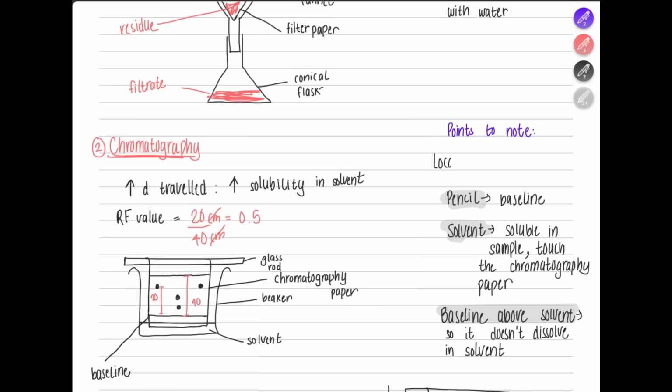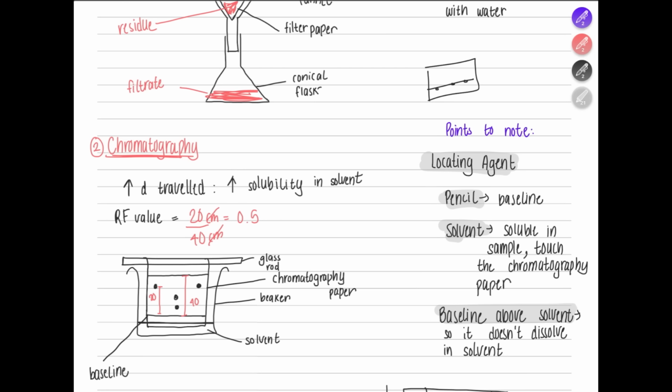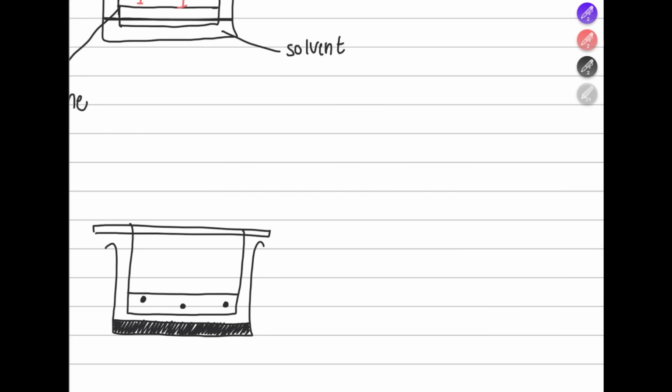We have something else as well, which is called a locating agent. A locating agent is used when your sample is invisible. You cannot see the chromatography that has occurred, so you will spray the locating agent on the chromatogram, and the locating agent is going to make the invisible substances visible. It can either make the invisible substances visible or it will fluoresce under UV light. When you put UV light, it will shine. Now this is another diagram of chromatography, but